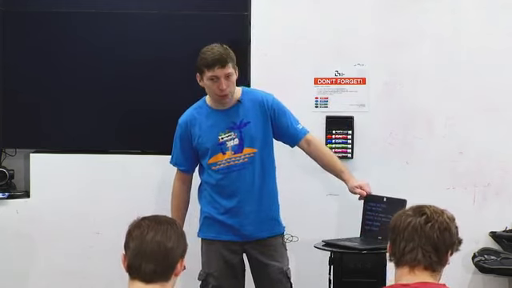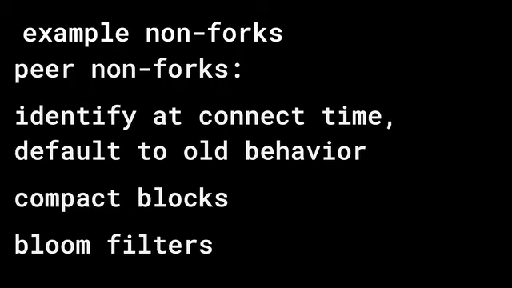I run a full node on the first floor in the little rack, and it uploads 3 terabytes a month or so. Depends on how much people are using Bitcoin. Like in December, everyone starts downloading it and installing it, and there's a lot of bandwidth needed to sync people up. Another non-fork was the Bloom filters, which full nodes can then say, hey,